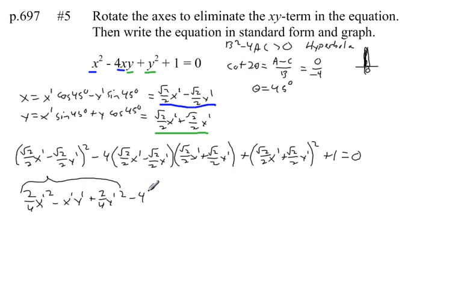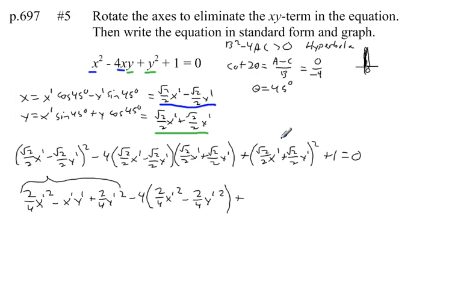Minus 4 times. Now let's use FOIL to figure out what we get when I multiply these two. Now if I multiply the first, I'll get 2 fourths x prime squared. My outer and my inner terms will cancel out. That's a good thing. And last, I'll get minus 2 fourths y prime squared